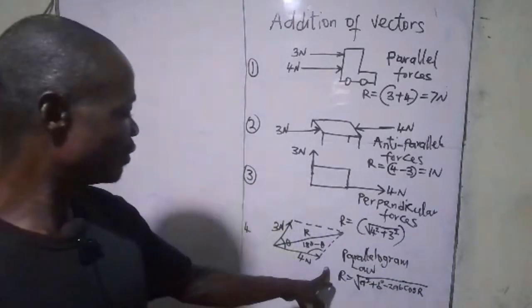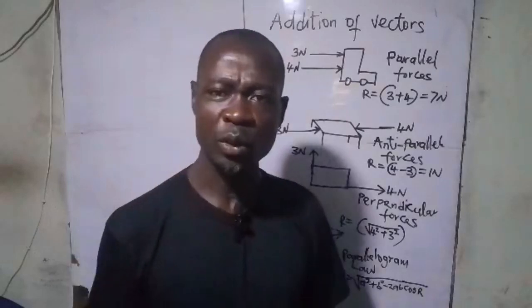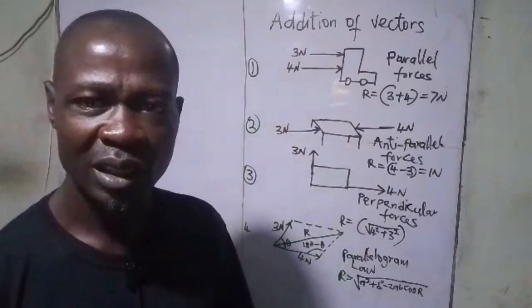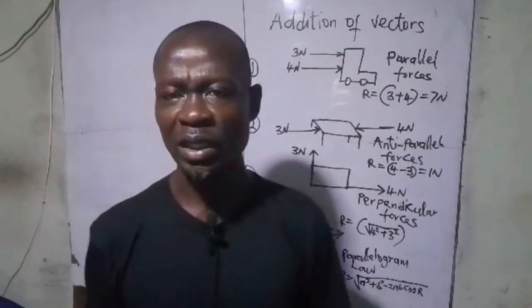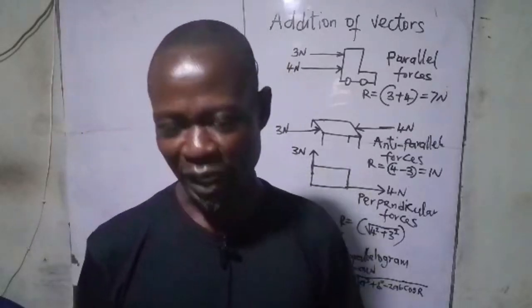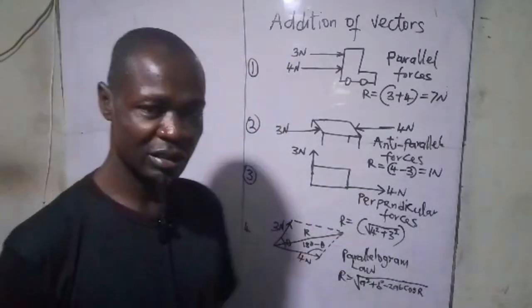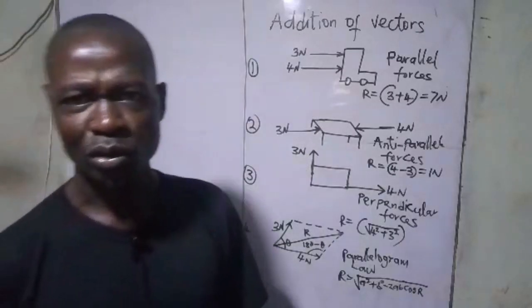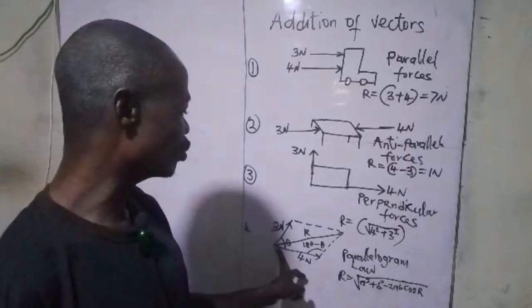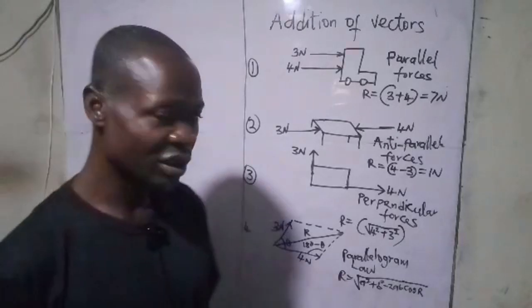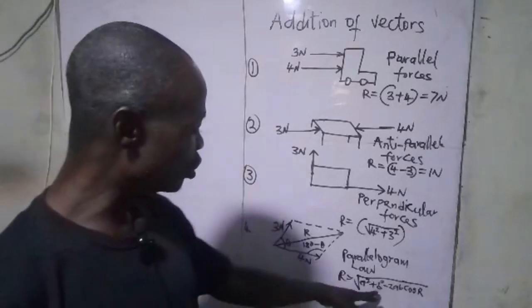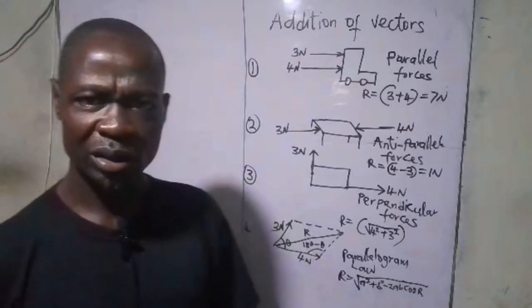Now, finally, what if the two forces are acting at an angle other than 90 degrees? So how do we compound it? So we use what we call the parallelogram law of vectors, which states that when two forces are represented in magnitude and direction by the adjacent sides of a parallelogram, then the resultant is represented in magnitude and direction by the diagonal of that parallelogram drawn from the point of intersection of the two vectors. And that's the principle we are using here. And then we use the cosine rule in determining the resultants. So these are the basic things that we need to understand before